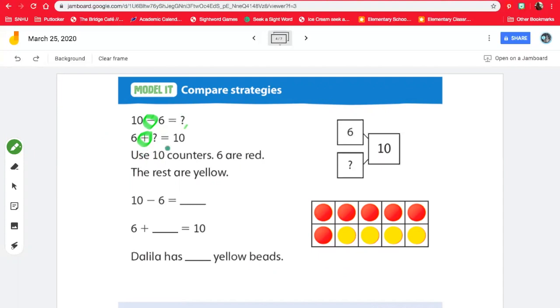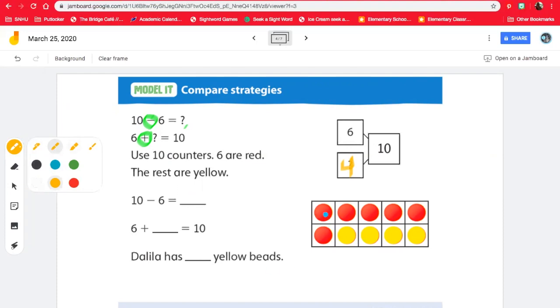6 plus blank equals 10. Use 10 counters. 6 are red, the rest are yellow. Just like Dahlia's beads. We have 6 red, 1, 2, 3, 4, 5, 6, and the rest are yellow. 1, 2, 3, 4. Well, I know that 6 and 4 equal 10, which means if I have 10 and